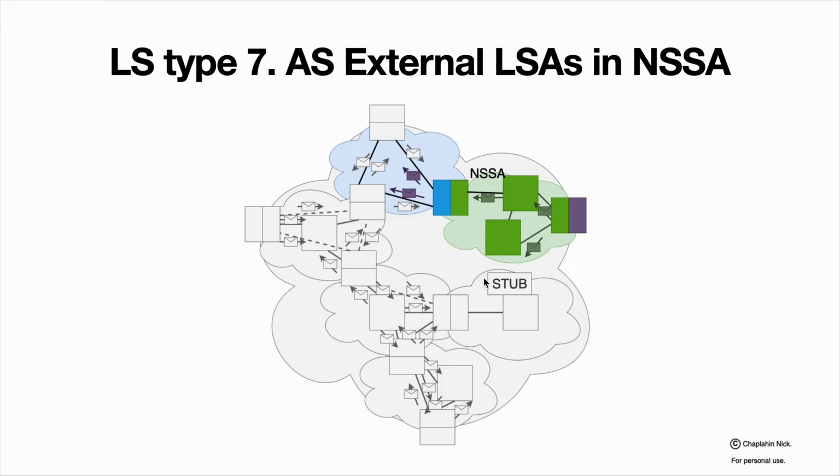So we announce in some areas, not-so-stubby devices know about that and generate them as type 7. When they reach the area border device, they are transmitted further as LS type 5. But when we receive LS type 5 on the border device, they are not transmitted into the not-so-stubby area,